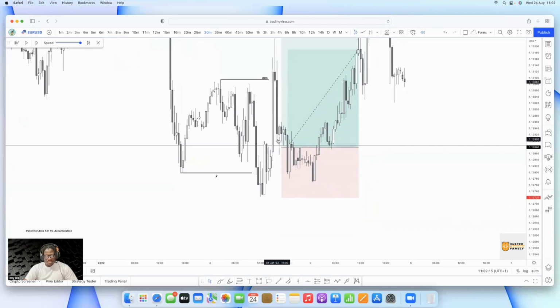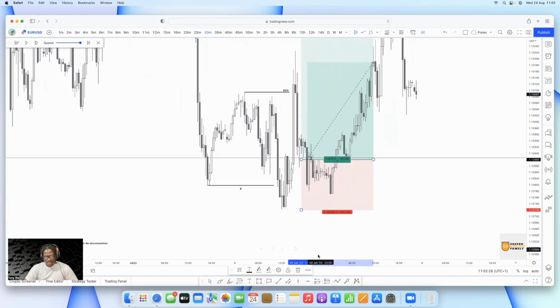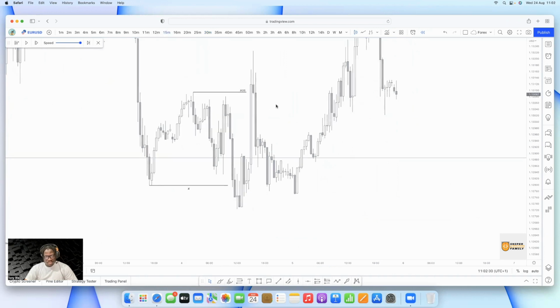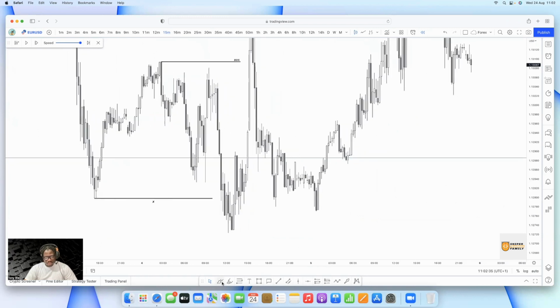But let's say you missed out on this, or it was outside your trading time. How would you have gotten in on this trade again? We can monitor. Let's see what happened in this area on the 15 minutes. So on the 15 minutes, price was coming in bearish form: lower low, lower high, lower low. Remember, the topic for today is market structure. So we're looking at market structure, and as I'm teaching you now,